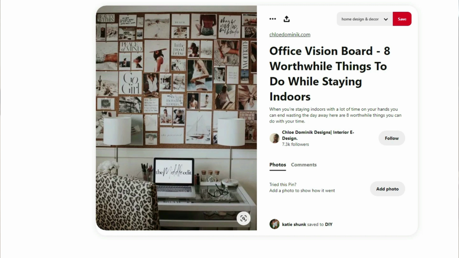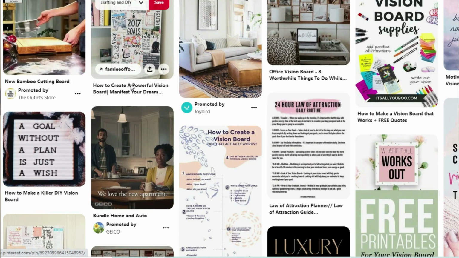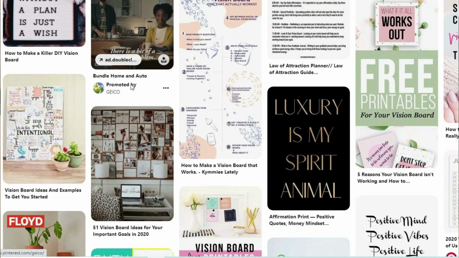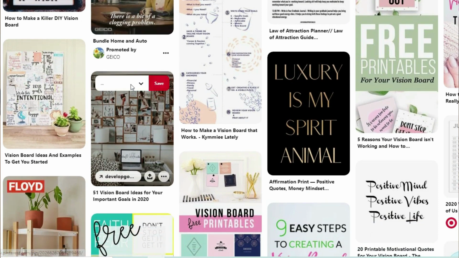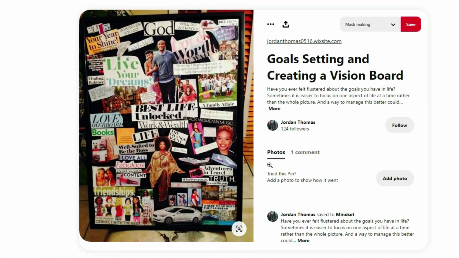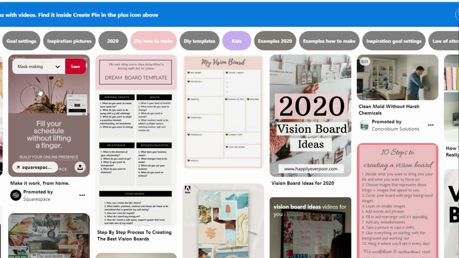And another choice that's becoming popular is the digital vision board. There are many apps you can download, or you can just create them from very basic software such as Word, and import some images and create some words to keep all the files in one place. Or you can simply create a Pinterest board to get inspiration and all your ideas together. If you have a digital vision board, you can place it on your computer as the wallpaper background or the screensaver on your cell phone, so you can see them very frequently.